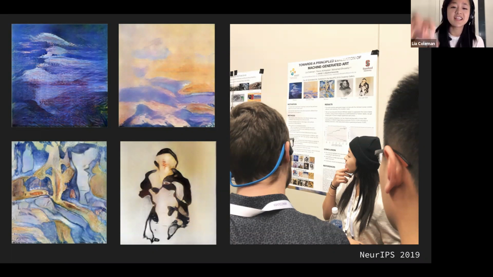But they have this nice little workshop inside of it called the NeurIPS Workshop on Creativity, which is a workshop devoted specifically to the usage of machine learning and AI for creative purposes. So we had musicians and visual artists and performance artists there, as well as machine learning researchers. It's a really good nexus of people. Gene Kogan was there as well. And these images here are 4 images that came out of the network that I trained. Happy to talk more about this work too, if you're interested.